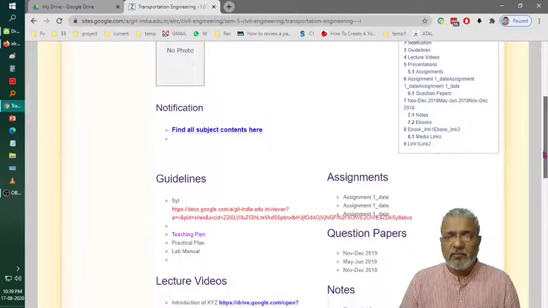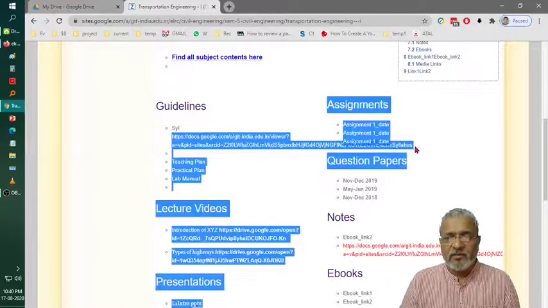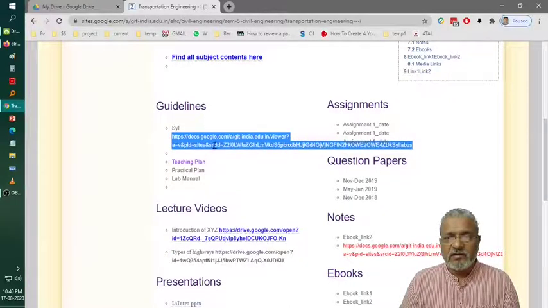Then below the images, some syllabus has been pasted, and instead of giving the hyperlink, which means if you want to click on the syllabus, students should be able to open that particular PDF. So that is what we call a hyperlink on any website. People were not able to do it, and they have pasted this code, the shared link from Google Drive.